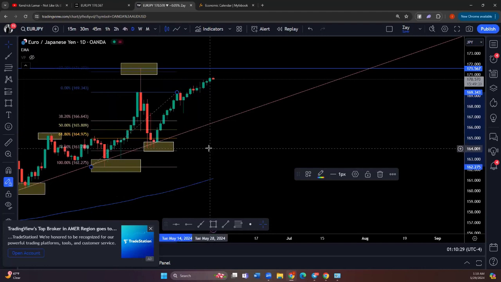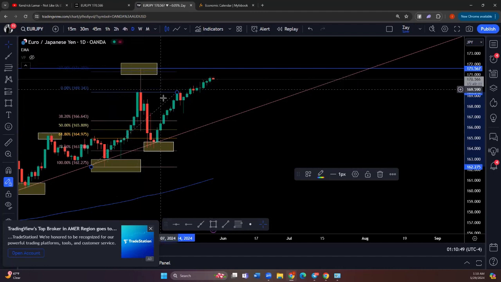Should we use the wicks to put the fibs? Yes, you can use the wicks, right? Don't confuse what Zay is trying to do here. Yes, you can use the wicks, but you'll know if it was news or not, because this was definitely news. That huge wick was definitely news. But if it's small wicks, like rejections, exactly like this, then you're good.